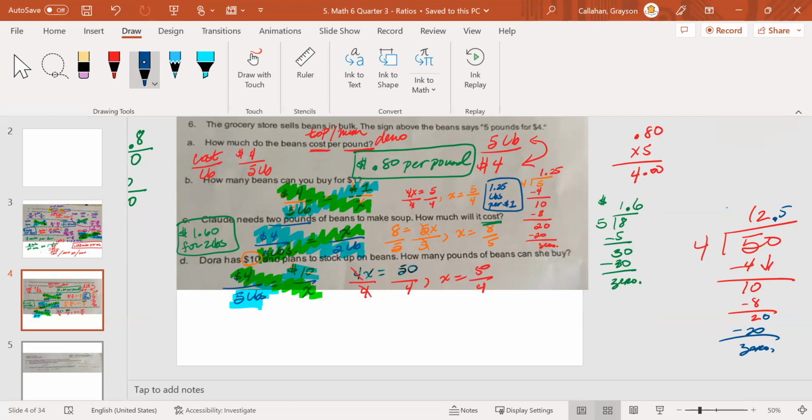So 12.5 is your answer. So how many pounds of beans can she buy? 12.5 pounds of beans for $10. Do you see that? Okay,